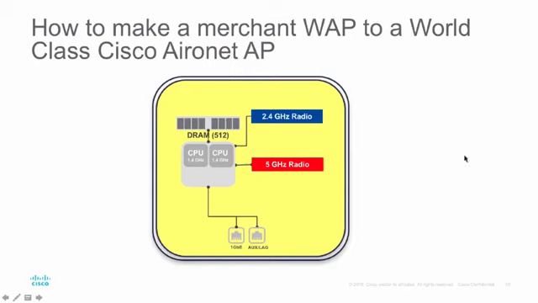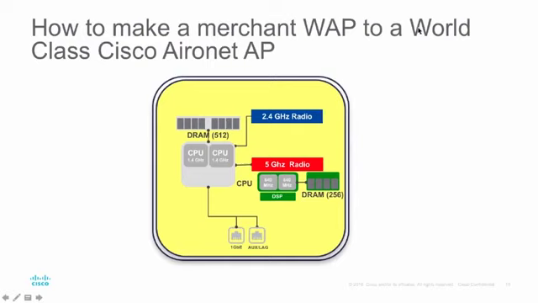All right. So this is a typical Merkin access point. This is what most of our competitors ship. So you can see it comes with a fixed 2.4 gigahertz radio, 5 gigahertz radio, CPU, memory, and some network interfaces. And if you look at the 5 gigahertz radio, this is what our 2800s and 3800s ship with. So you can see we have a 5 gigahertz radio that has its own CPU, its own memory, and its very own DSP for voice and video applications. And then if you look at the